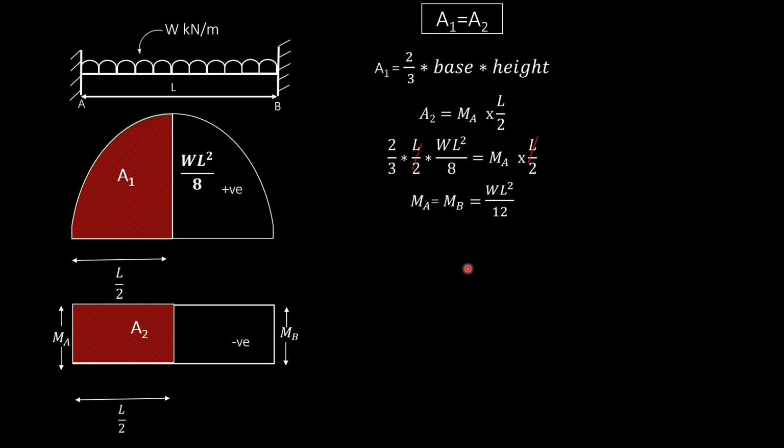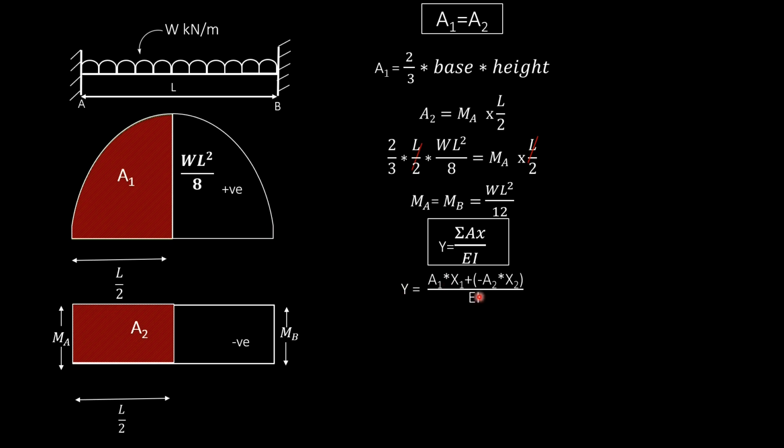Next you have to find out the deflection for the fixed beam. The deflection at center is given by y equal to sigma ax by EI. Y equal to A1x1 plus A2x2 by EI. Here A2 is negative, which indicates it is hogging, because due to the applied end moments you will get a hogging type bending moment. That's why I consider A2 as negative and A1 as positive due to the sagging moment.